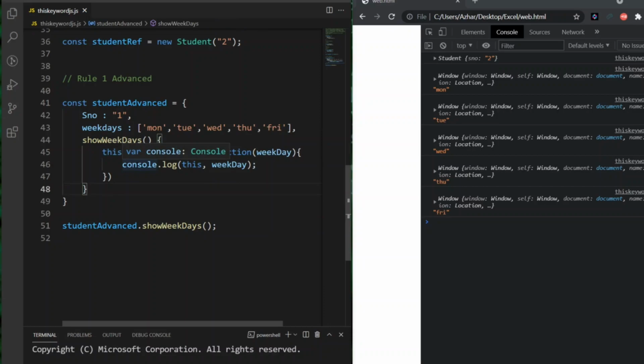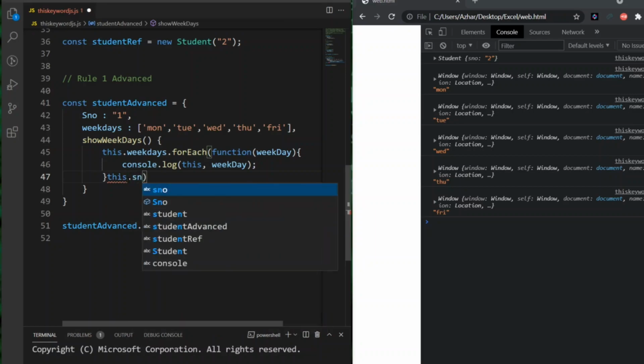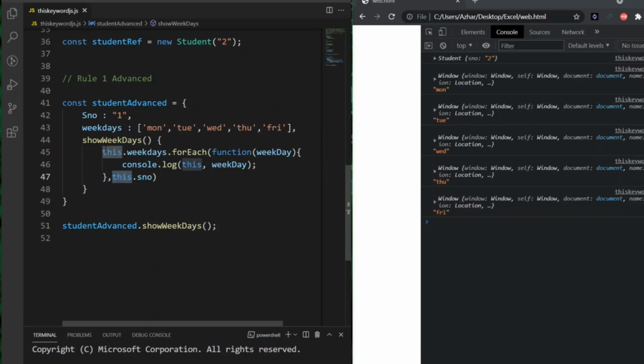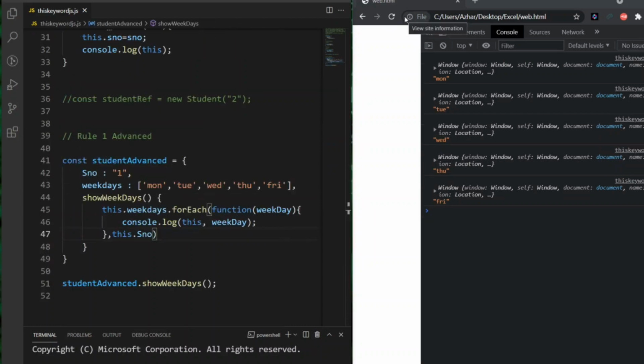So in order to avoid it, in order to write the entire object based on this, we should call this here based on serial number. So I have to give a comma here. So this will take this as an argument. So this one will call this entire object, and this will be specific for the function. Sorry for that, I had to use capital SNO.